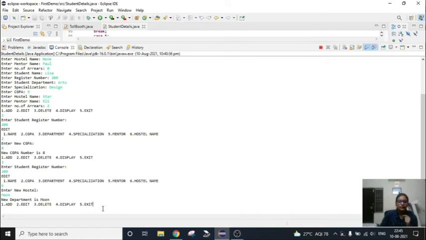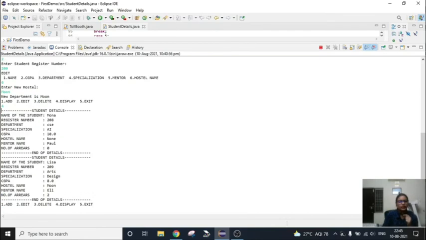So let's give display and see. So it has displayed the student details, and after editing it has updated the details here. See the CGPA which we have edited. Previously we have given information as 9, and after editing we have given 8, and then hostel name also.